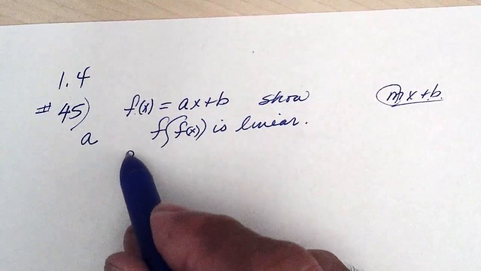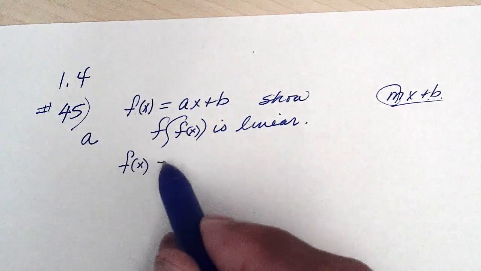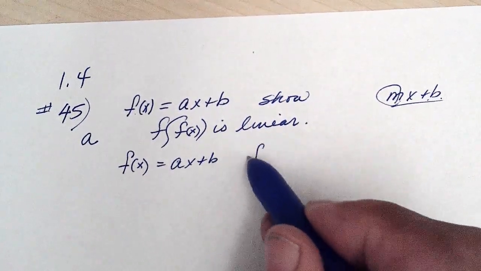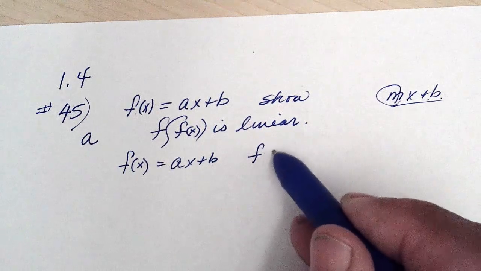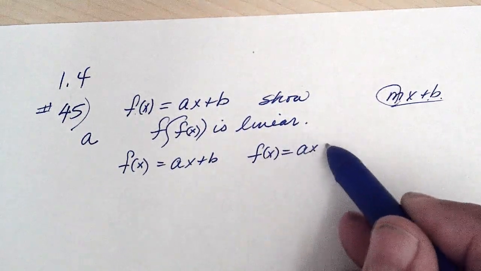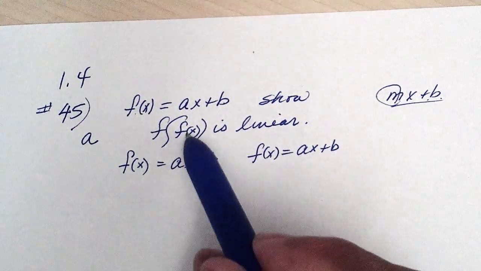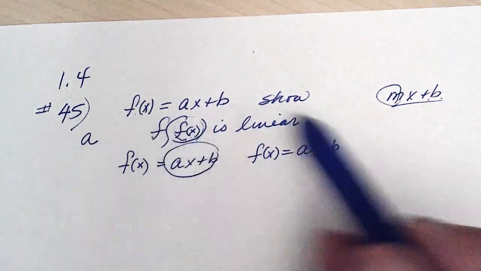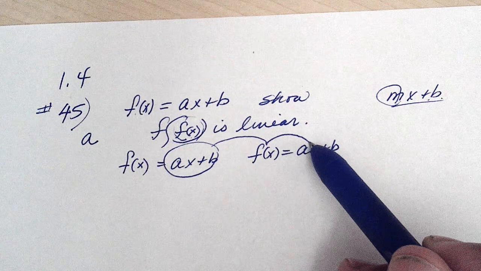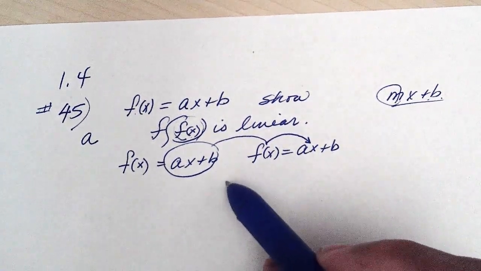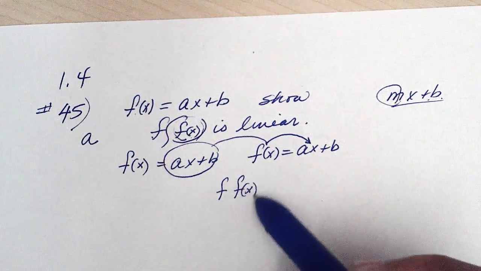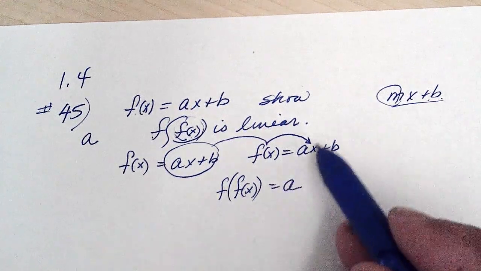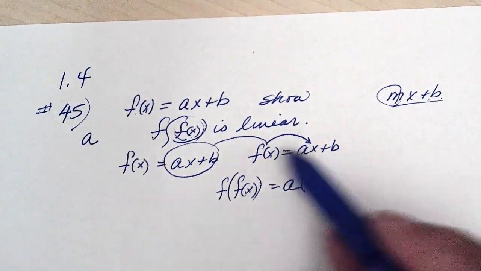And we're supposed to take f of x, ax plus b, and put that inside of f of x, which is ax plus b, and show it's linear. So f of x is going to be used in place of the x of the other one. We put it in for the x, and the composite of f is going to be a times ax plus b, that's what we're putting in place of the x,